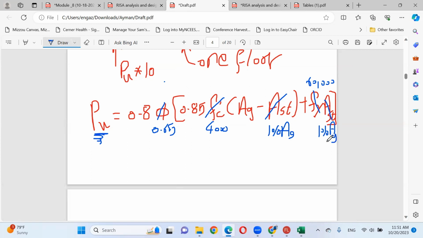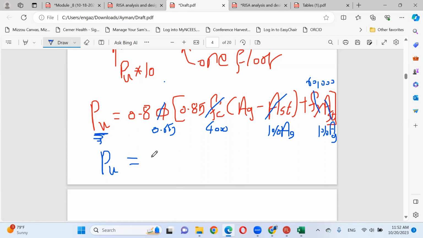If you simplify this equation, P ultimate will equal what? 0.85 times 4,000 times (area gross minus 0.01) plus 60,000 times 0.01, times 0.65 times 0.8.